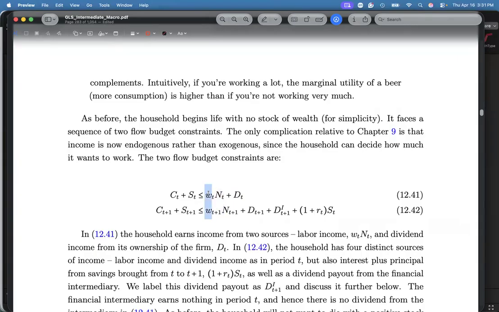Remember that you sell your labor to the firm, and they buy it for W. And also remember that you get dividends. Remember the dividends, the profit of the firm. You also end up getting that. Okay. So these two things together will give you your total income for which you can either use it to consume or to save.